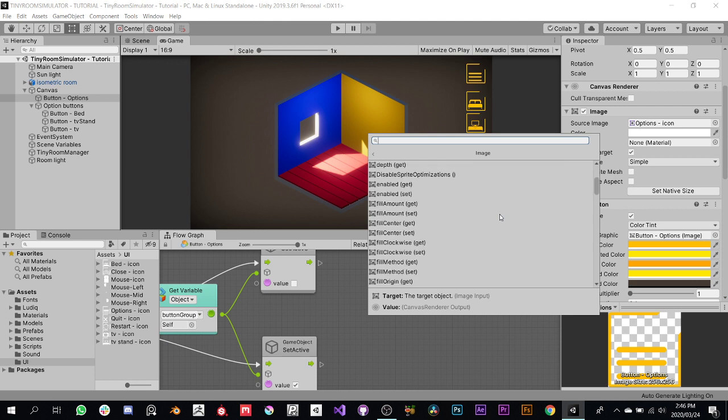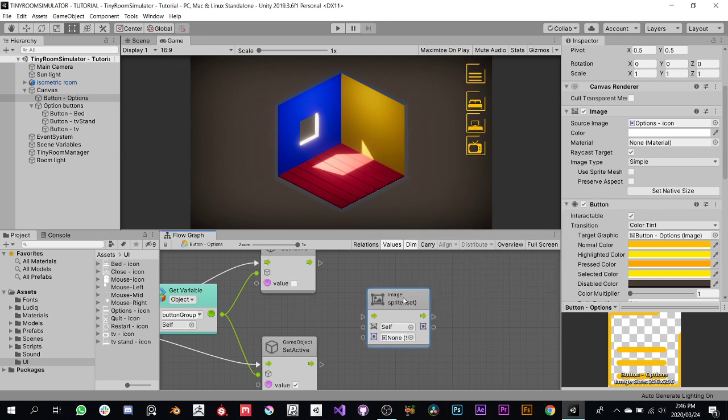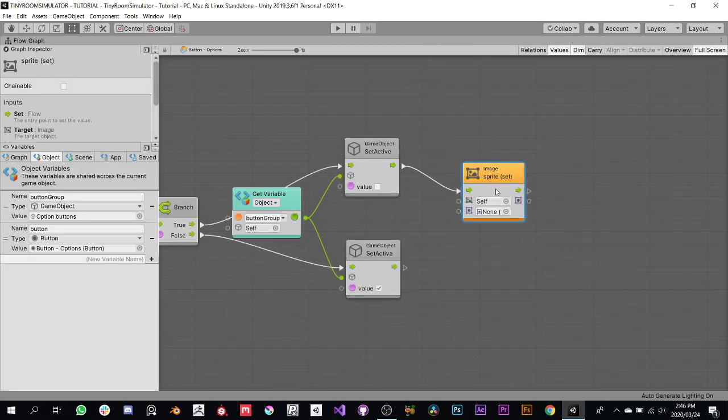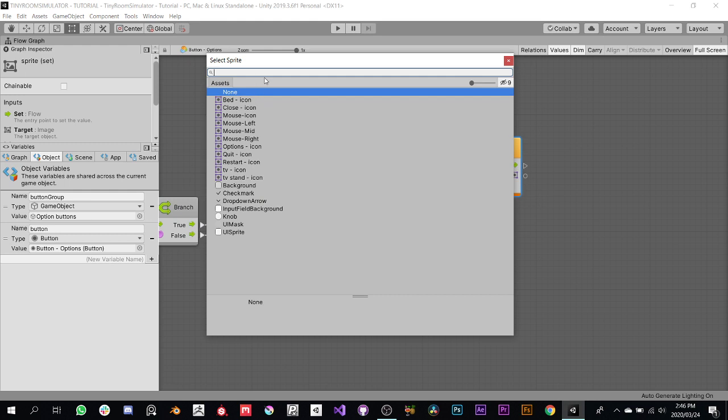It's image. Let me just check. It's not full amount. Material. Oh, sprite. Yes. Sorry, that's what it is. My apologies. So I'm going to set the sprite of this image to be, and when it